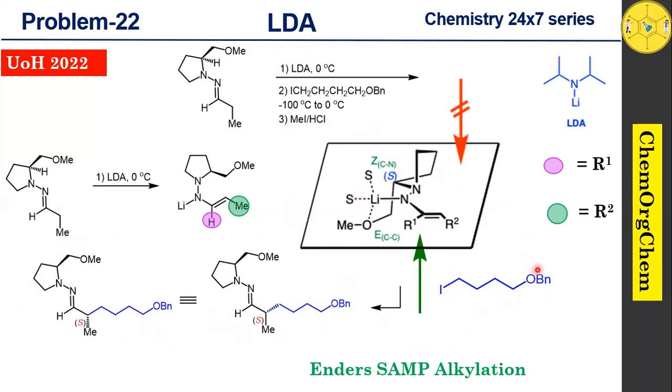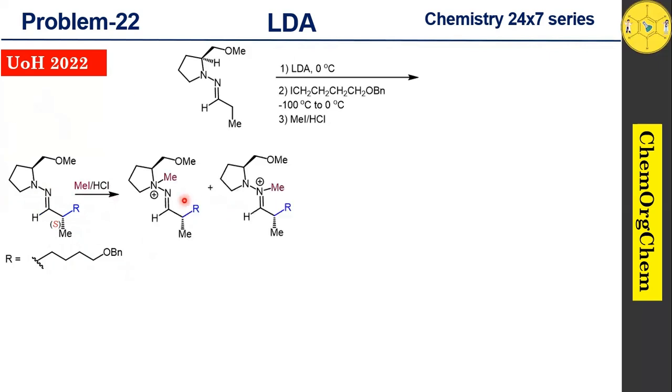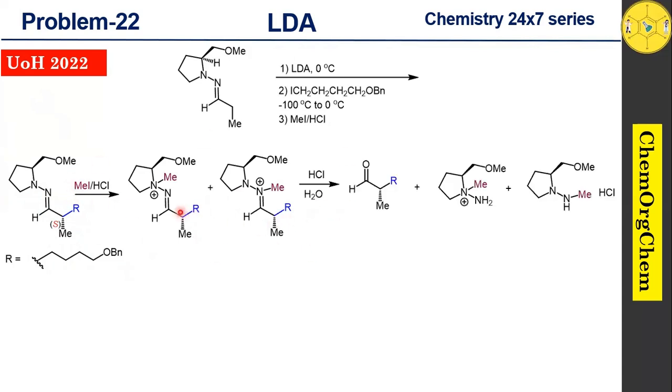The next step is the reaction with methyl iodide and HCl. Now you see this substrate. For our convenience, we can denote this alkyl part as R. When you react with methyl iodide, both this tertiary nitrogen and the imine nitrogen are reactive toward methyl iodide. Therefore, you will get the corresponding methylated product as a mixture. In the next step, when you do the acid hydrolysis, the imine bond is readily cleaved to produce the corresponding aldehyde along with this amine